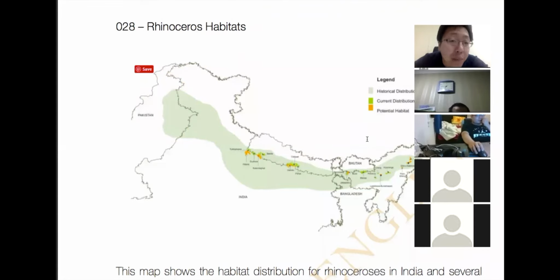I'm going to say something like, this is a map showing rhinoceros habitats. There are several different categories, including Pakistan, India, and Bangladesh. And these are further separated into north, south, and east. As we can see from the image, the most important feature is the historical distribution. This is closely followed by the current distribution. In contrast, the least important feature is potential habitats. In conclusion, the government needs to do more research on this topic. I'm just using my template, but please feel free to use your own template as well. It's just as fine.